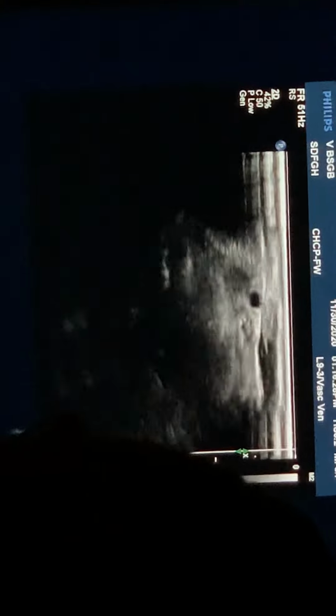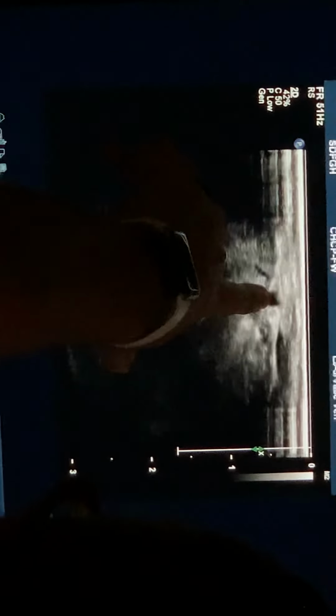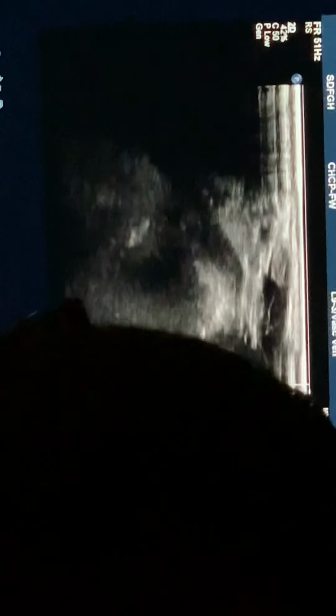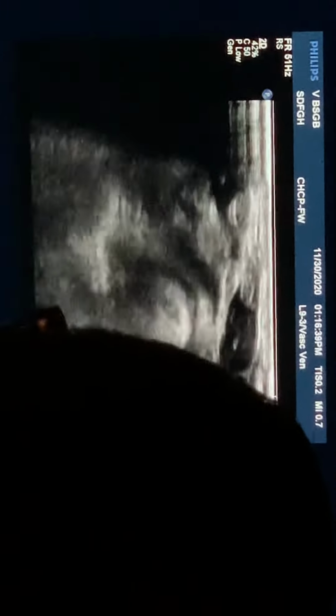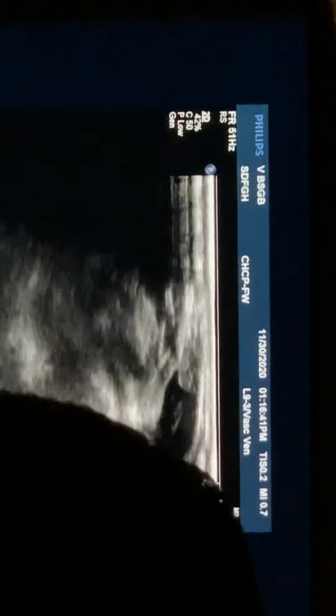Without compression, come over to the ulnar. It's easy to find the artery. If you see the artery, let up on probe pressure because you're compressing the veins. See the veins? Barely, because they're tiny, right? With and without compression. This is why, if anybody tries to